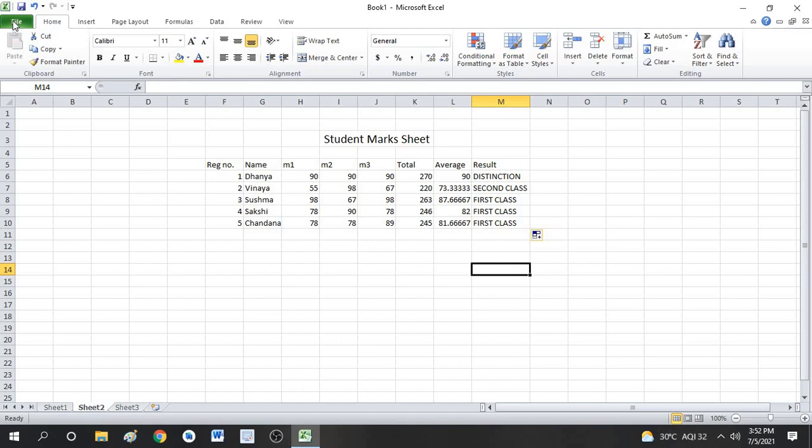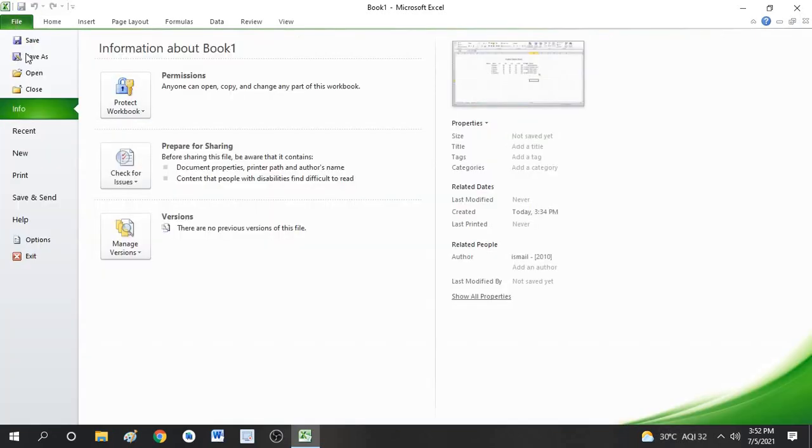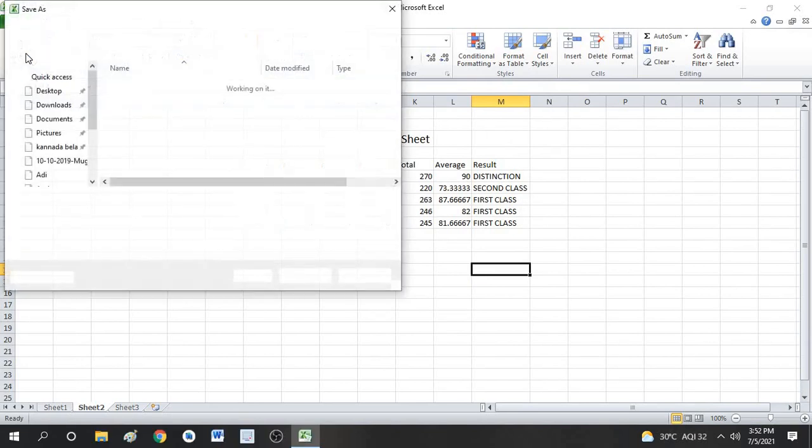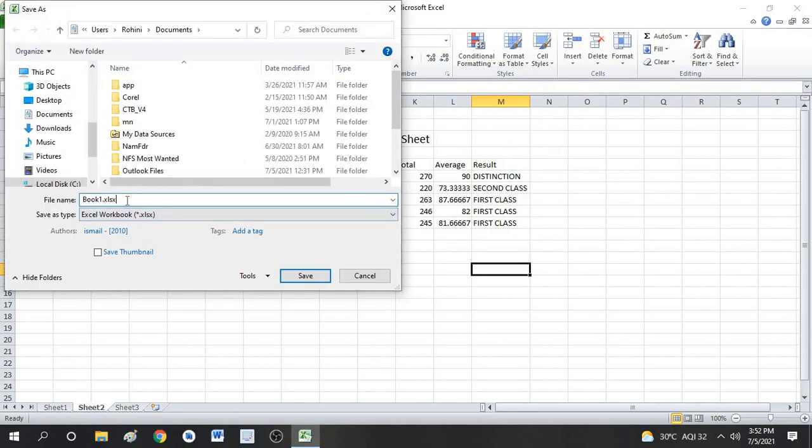You can save it. Go to file, click on save as. You can see the extension that we are going to use. For Excel we have to use xlsx.